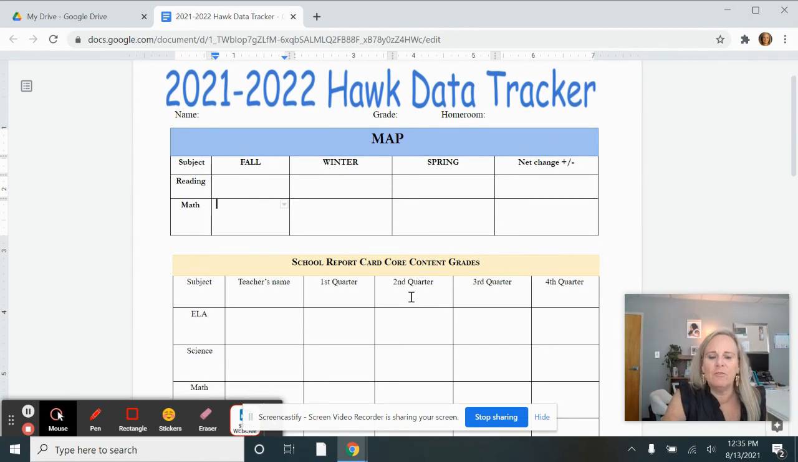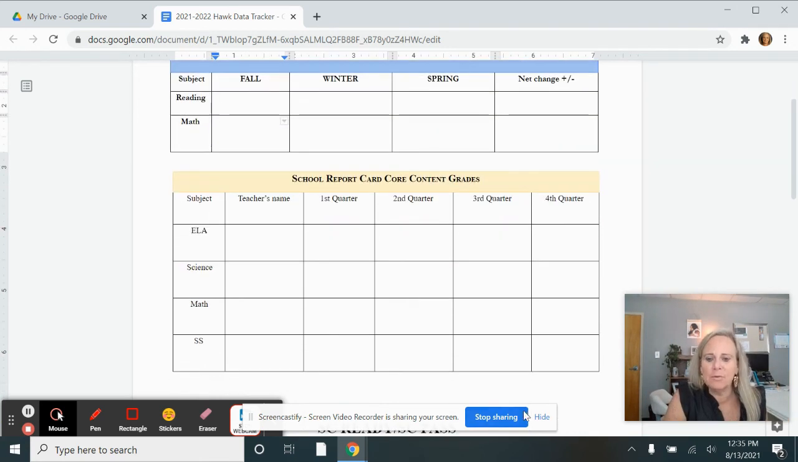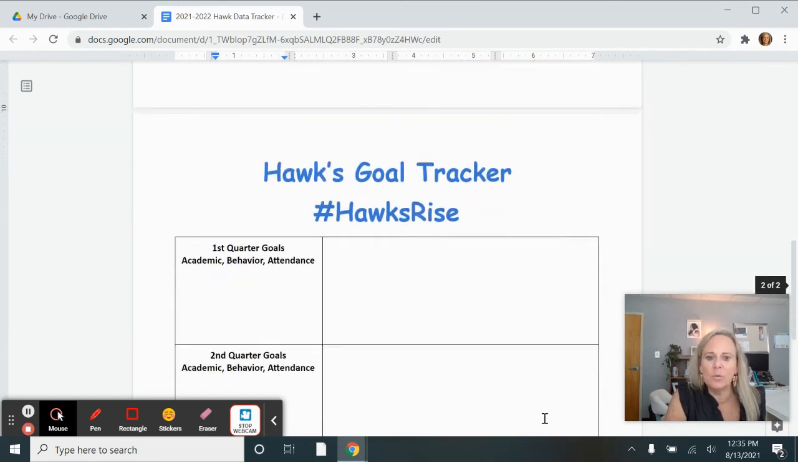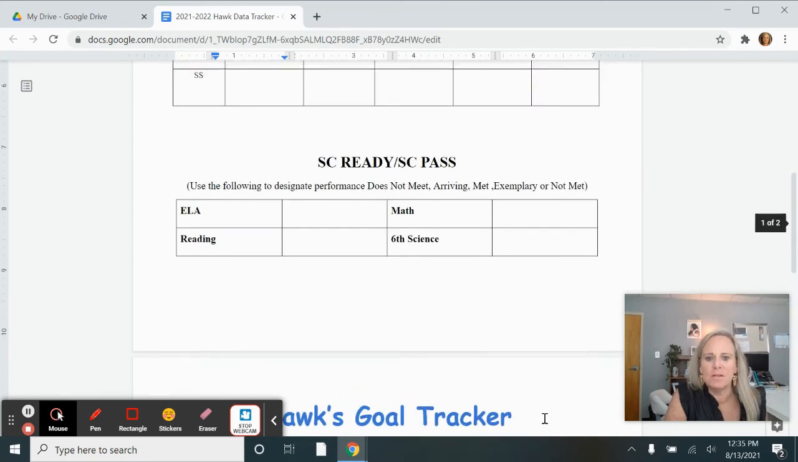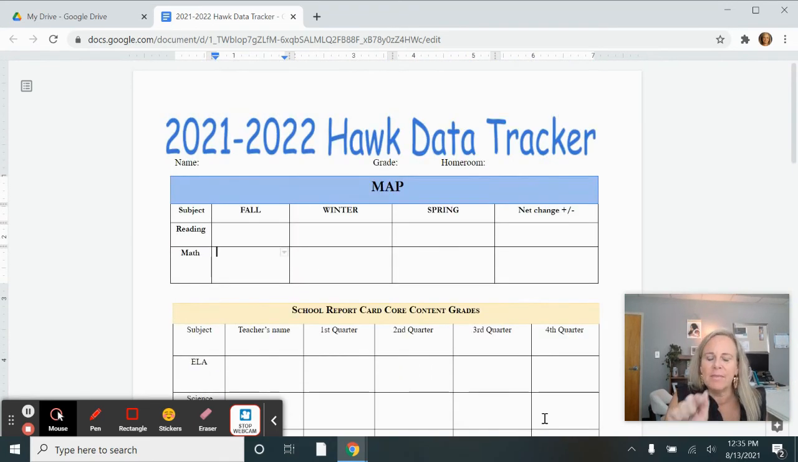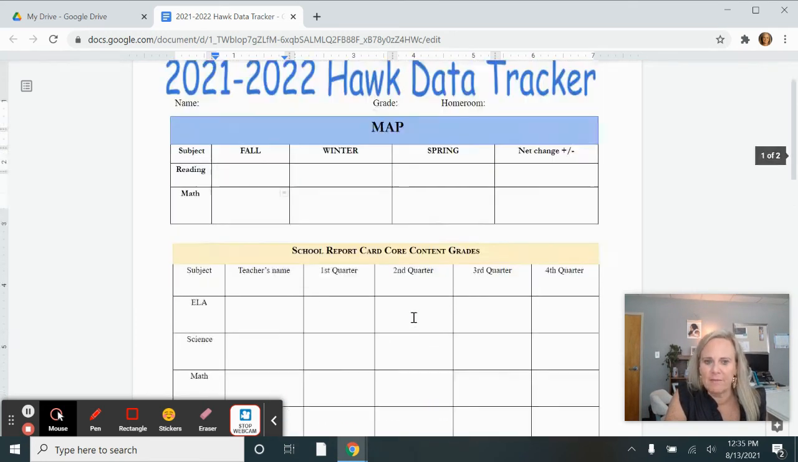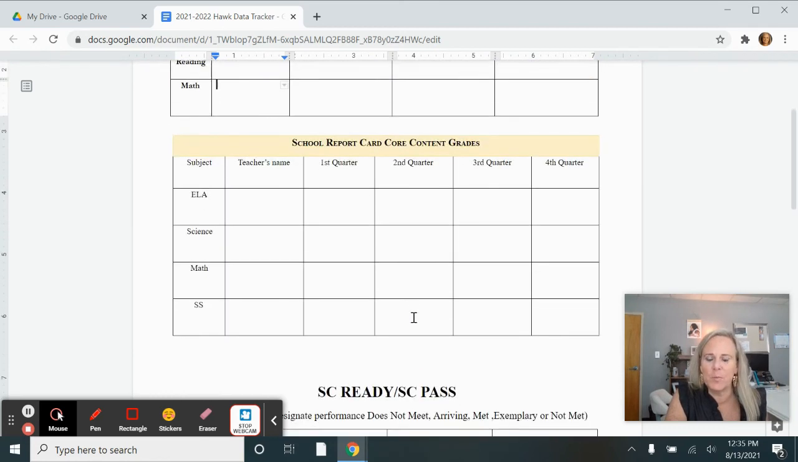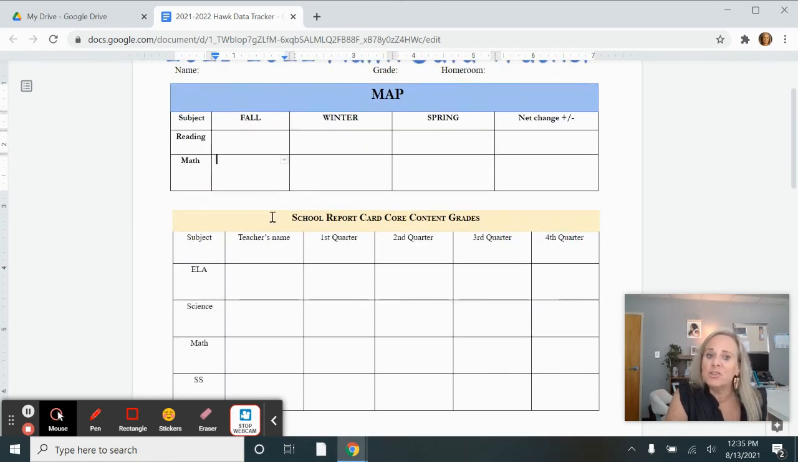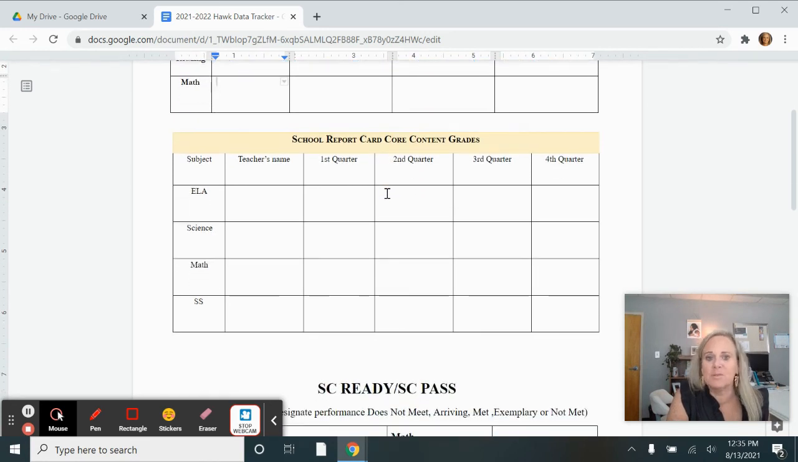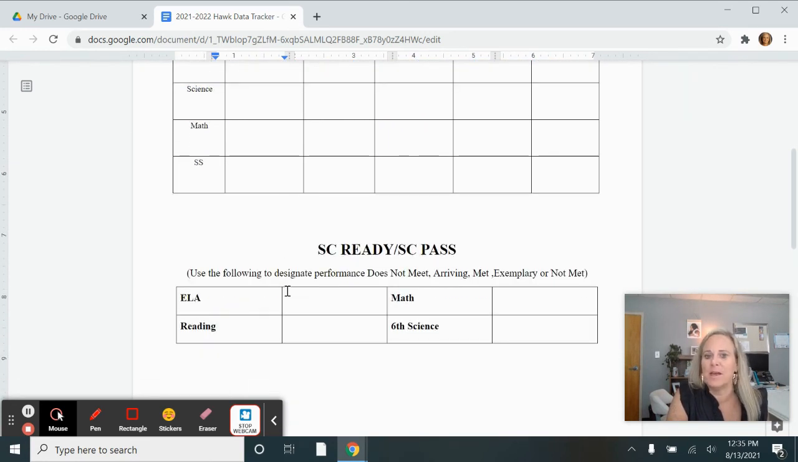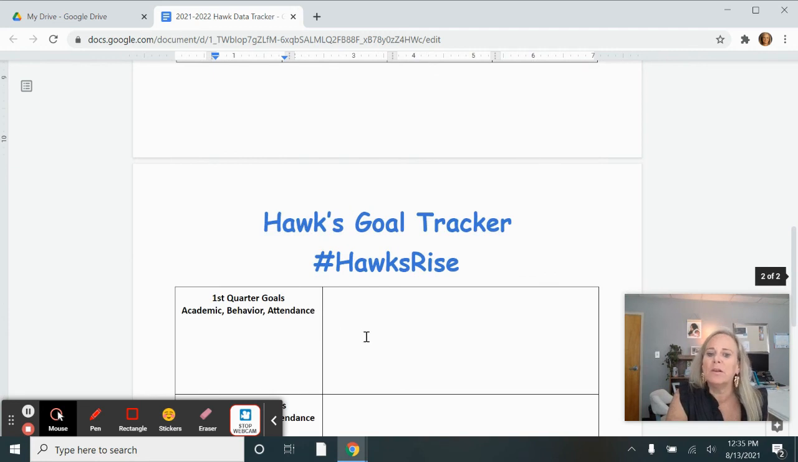And so we're going to have you do these data trackers. And my goal today was just to share what it's going to look like. You won't have them yet until we know everybody has their Chromebook. Once we know that, we will start sharing these, and then we're going to help remind you, but it's going to be up to you to put your scores in. And then if we ever have to have any type of conference with your parent, it will be up to you to share what these scores mean. MAP scores, report card scores, SC Ready, SC Pass scores, and you will also be able to share your academic, behavior, and